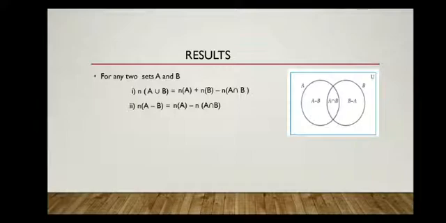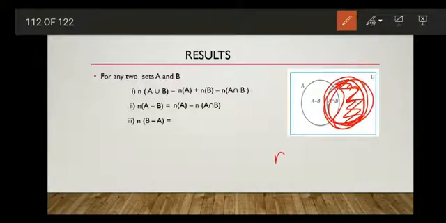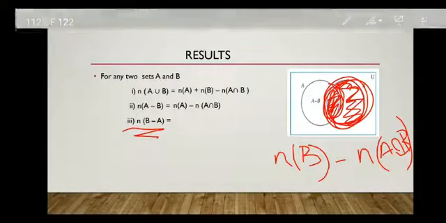So what will be n(B difference A)? We have to find the number of elements in only this portion, the elements only in B. When you count the number of elements in B, we have counted the elements in this portion as well, so we have to remove it. To remove this portion, we have to subtract the number of elements in A intersection B. So the number of elements in B difference A is equal to n(B) minus